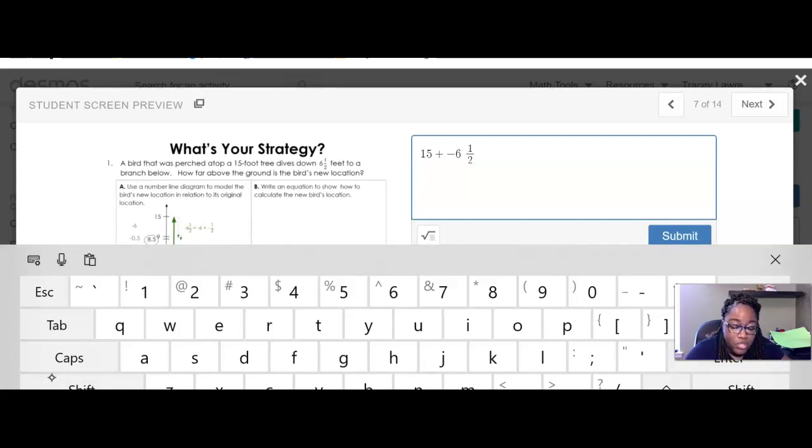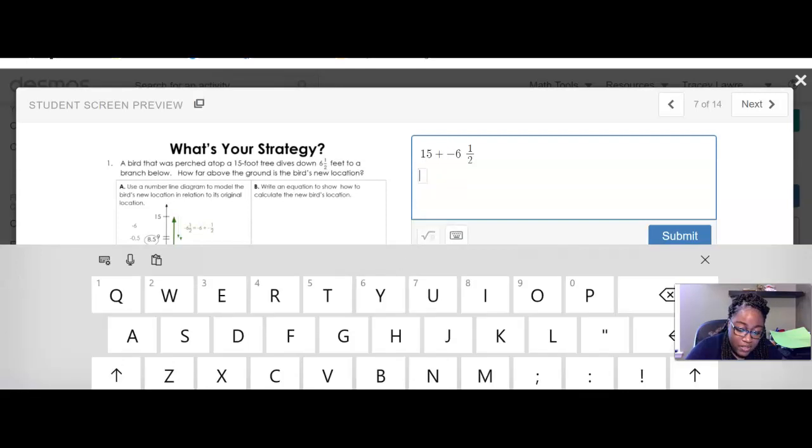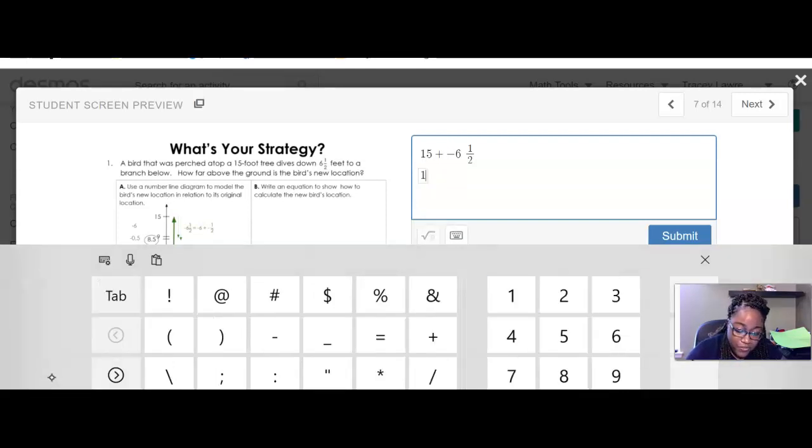Okay, so remember that we decomposed the number so it was easier for us to write. I'm sorry, let me go back. Let's hit the type math again. We want 15 plus, now we're going to put the -6 in parentheses, another space,